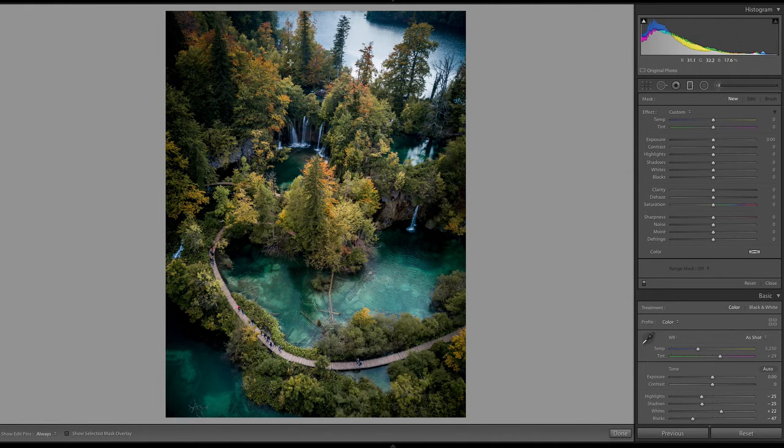So I have a new graduated filter and I'm going to try to create a sliver across the frame, kind of skinny, that includes some of these people and this waterfall right here. So I'm going to start at the top, something right about like that. Now I might change this and move these around in a second, but I am going to just go ahead and drop my sharpness all the way and then drop my clarity a little bit.